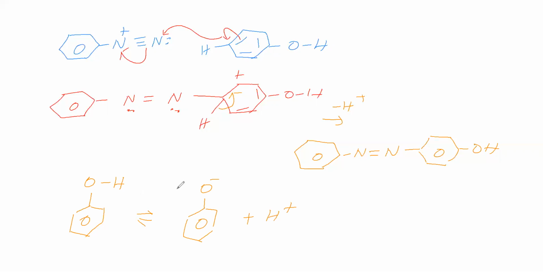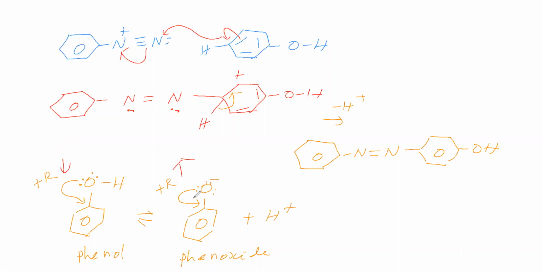Correct? So, this is a phenol. This is a phenoxide ion. Phenol and phenoxide ion will be in equilibrium like this. In the phenoxide ion, this O minus shows plus R effect with the phenyl ring. In the phenol, this OH group oxygen also shows plus R effect with the phenyl ring. Here plus R effect is possible, here also plus R effect is possible, but here the magnitude is high and here the magnitude is low, because it is a minus charge. So it is activating the phenyl ring to a higher extent when compared to this one.